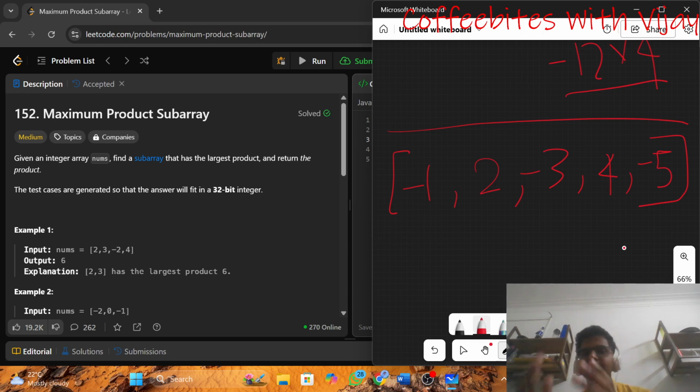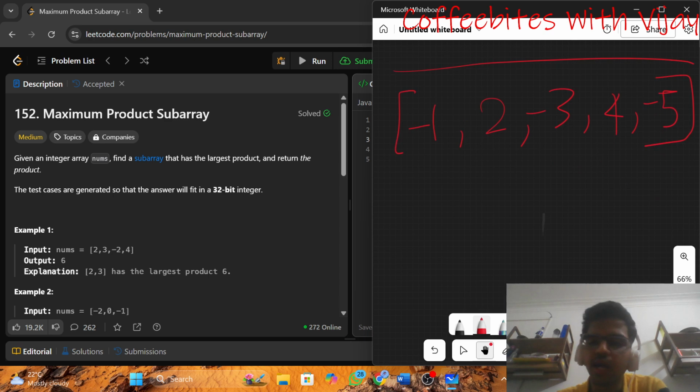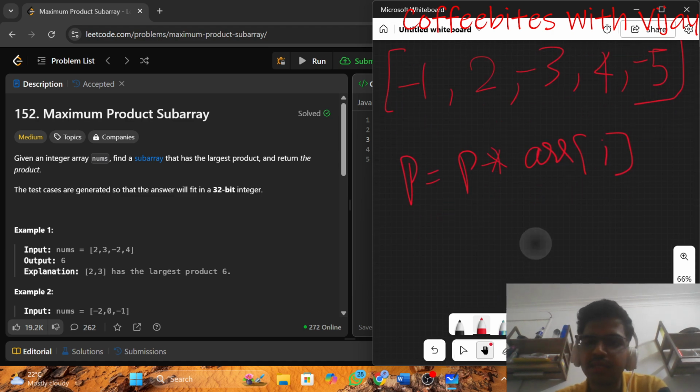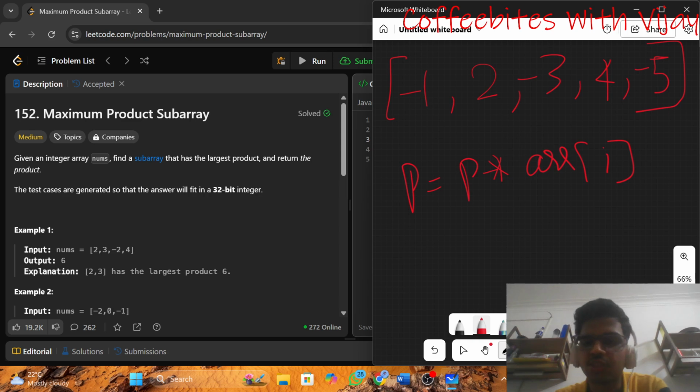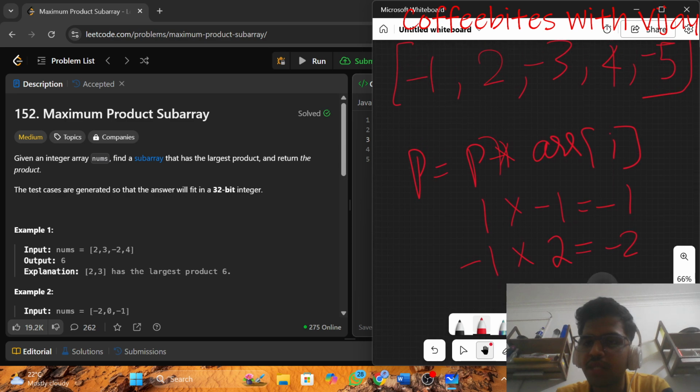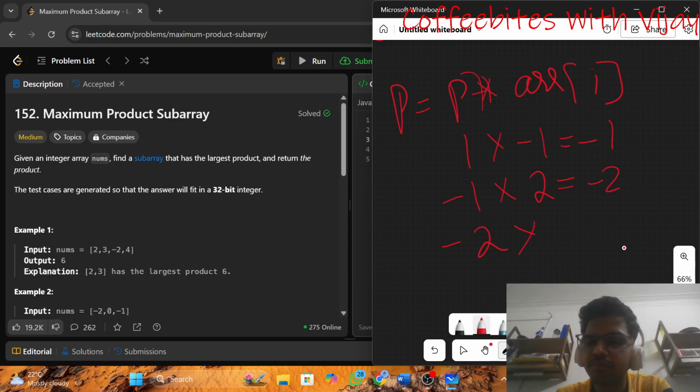So if the array is given like this, I'll follow the same step again. I will do product equals product star arr of i. Here again I'll do the same step. First the product would be plus 1 initially, then 1 into minus 1 would be minus 1 itself, and again minus 1 into plus 2, this would be minus 2 itself, then again minus 2 into minus 3, this would